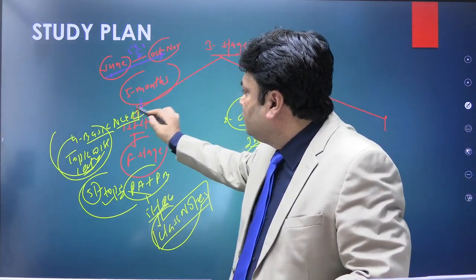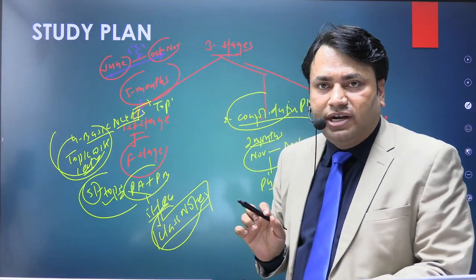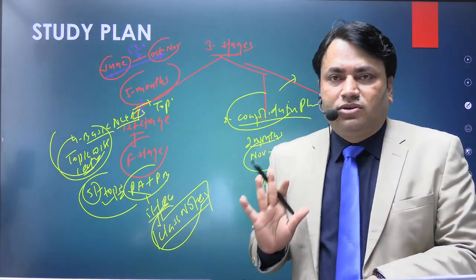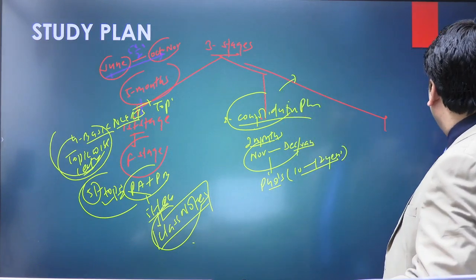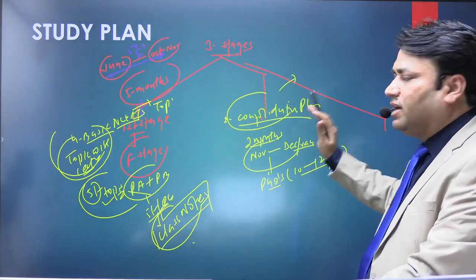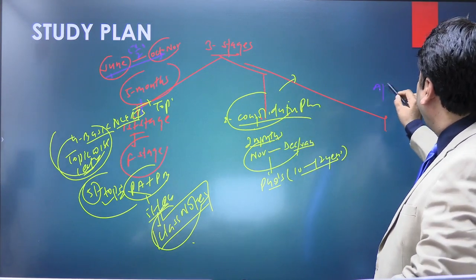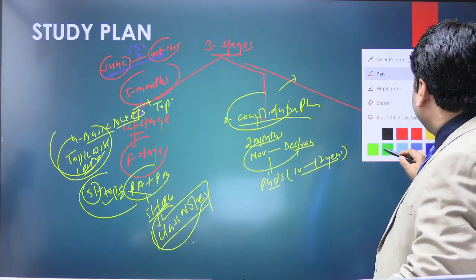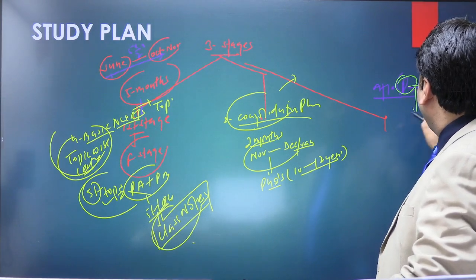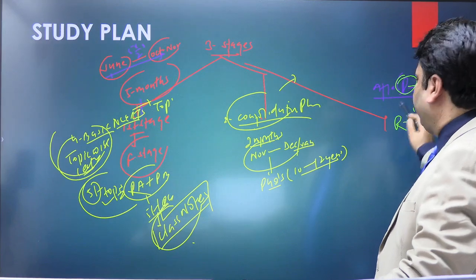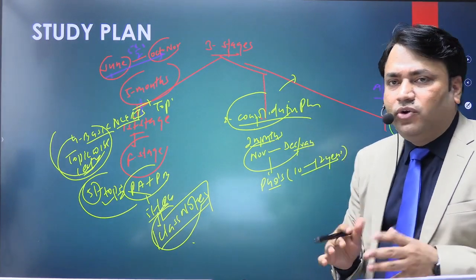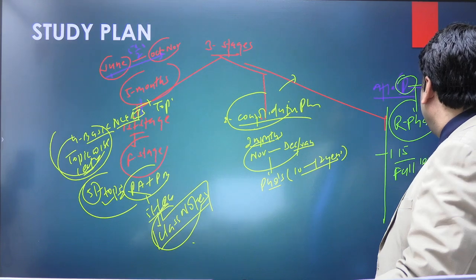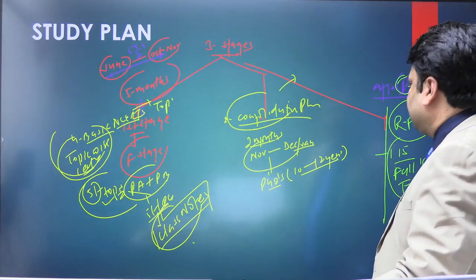First, in the first phase, you are going to get topic wise lectures. In the second phase, you are going to get the lectures through PYQs. And then what you will have to do? Then you will prepare for PYQs. And after prelims, it means between prelims and mains, there will be a revision phase. That is the third phase. And in the revision phase, what you are going to do? You are going to attempt 15 full length test series. Full length test series. Clear?